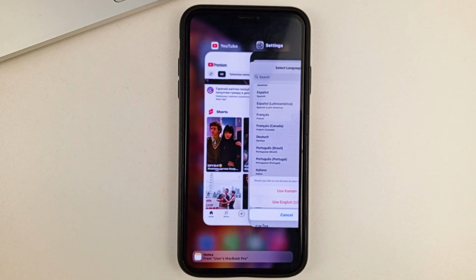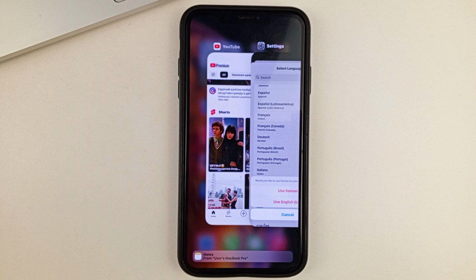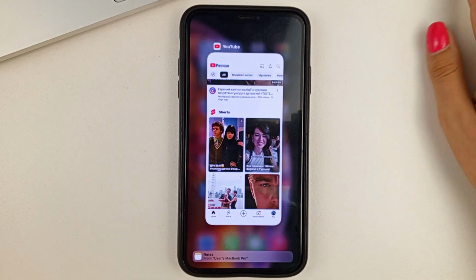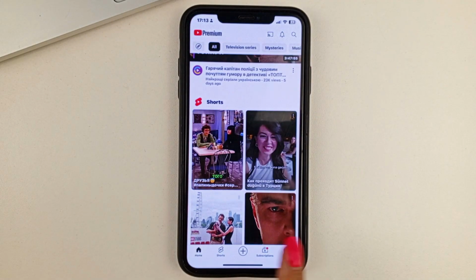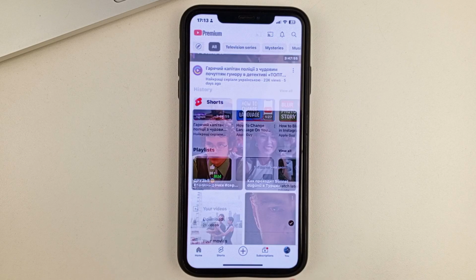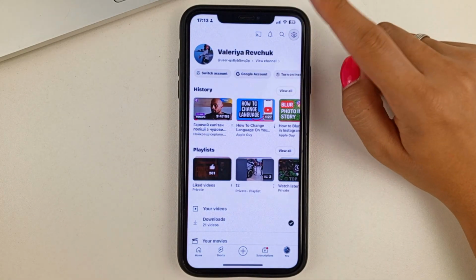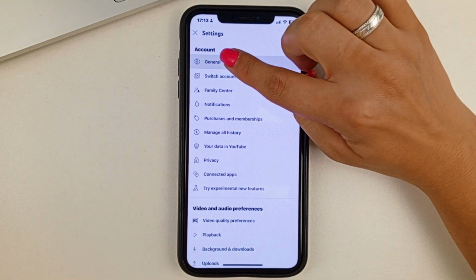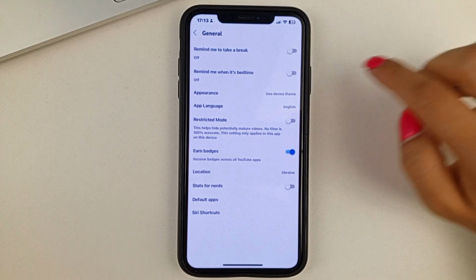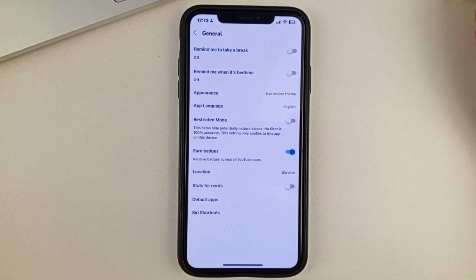The second option, how you can change the language, allows you not to change the language on the whole phone, so it might be more convenient for you. To do this, open the YouTube app, then go to the bottom right-hand side, under You. Now at the top click on the gear and also General. Next, select the language of the app here.